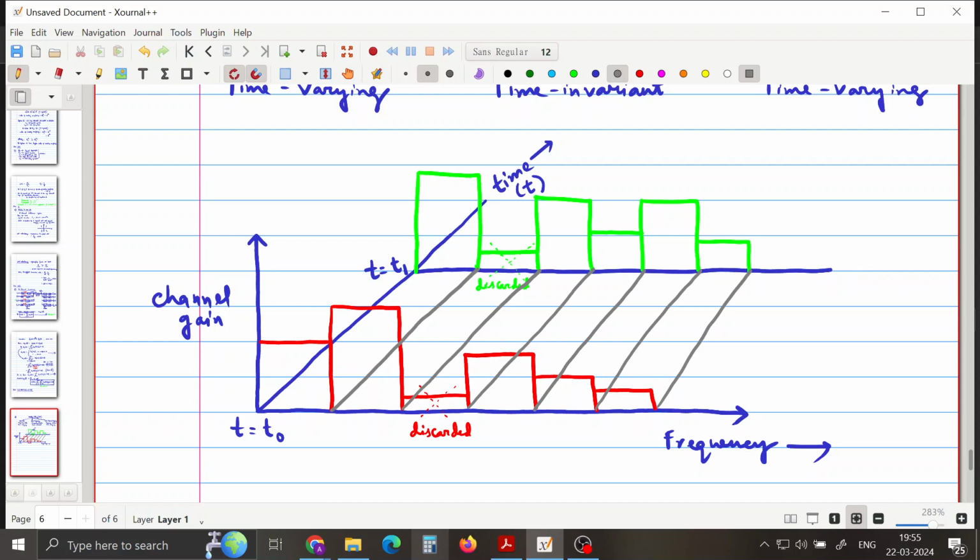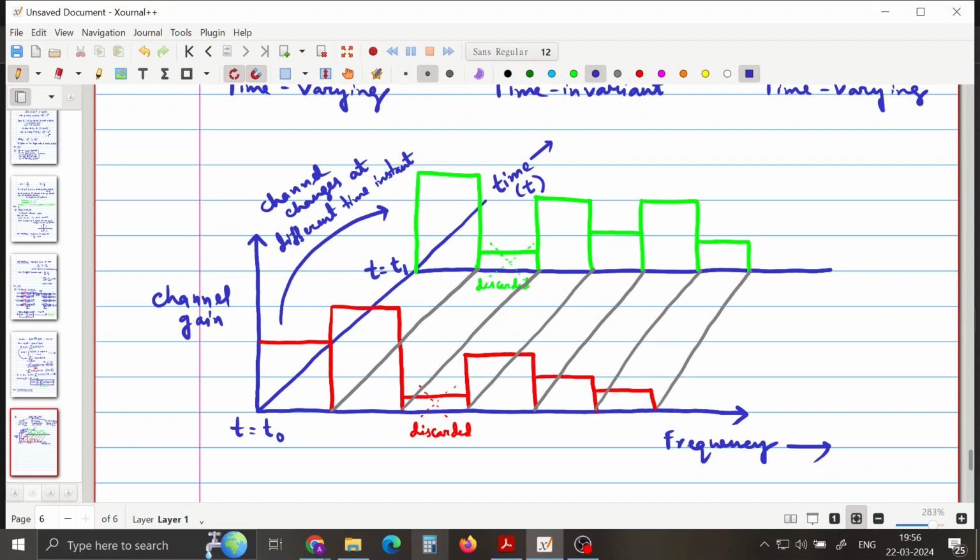So what you are doing is, the observation is that as you go from here to here, that is, if you go from one time instant to another time instant, from t0 to t1, you observe that the channel is changing. The channel changes at a different time instant. You have an altogether different channel now. The red plot and the green plot are different, right? So that's the idea. Because your channel is changing also with time,